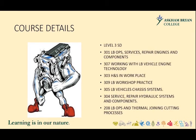Level 3 subsidiary diploma. Again, as you can see, service and repair of engine components. It's slightly deeper, or a lot deeper, should I say, than the level 2 course. So working with land-based vehicle engine technology, again, this is more about taking measurements and looking for wear and things within engine components. Health and safety, again,